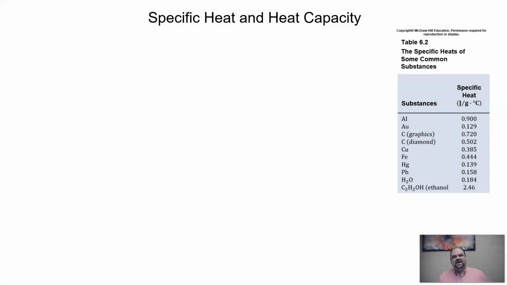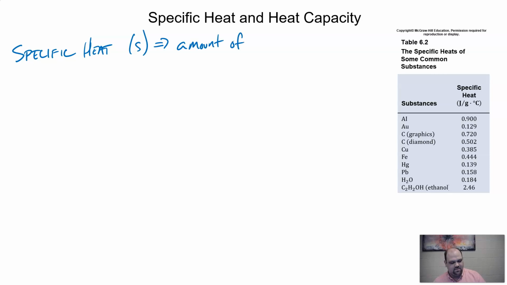Specific heat and heat capacity are terms that are definitely related to each other and sometimes used interchangeably, but we need to make sure we know the difference between them. Specific heat has the symbol S, and what specific heat is, is the amount of heat. We're going to use the symbol lowercase q for heat. That's a Q. The amount of heat necessary